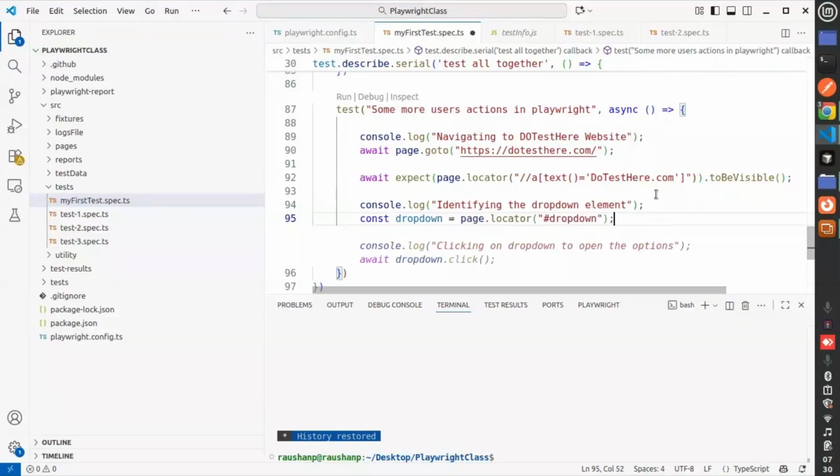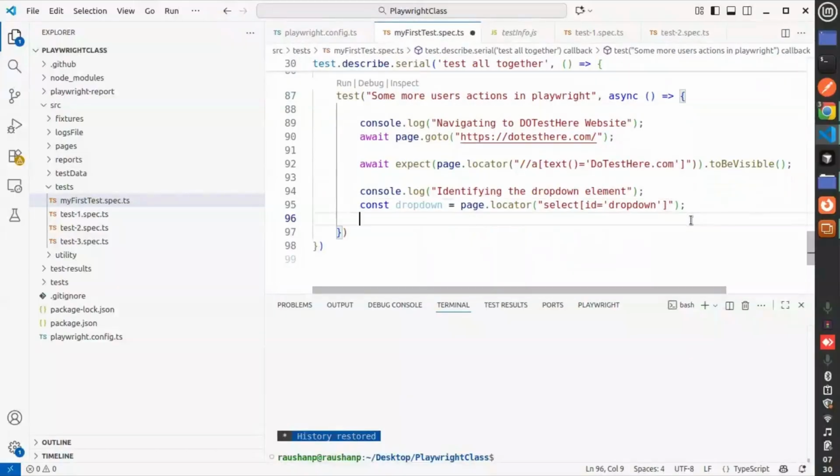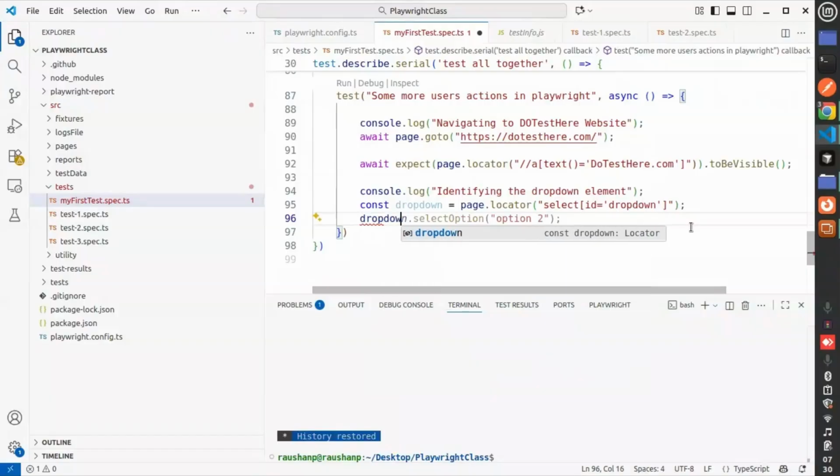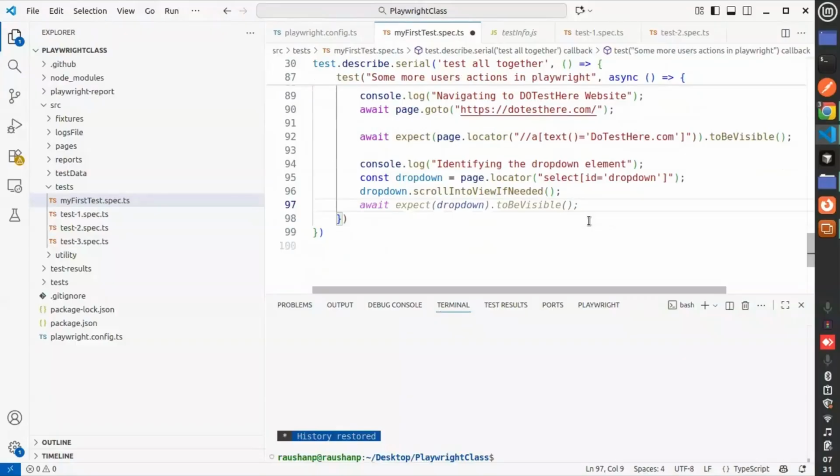I can write const dropdown, and under dropdown I have this locator. Then I will write dropdown dot scrollIntoViewIfNeeded. I'm telling Playwright to scroll first, so that whatever action it performs on that drop down, we can view it while running. Now I can use await here, so it will scroll first, and then